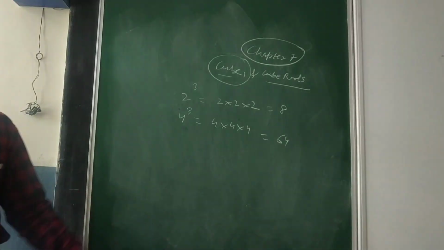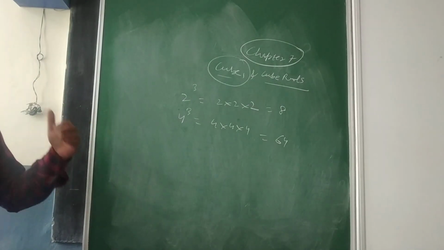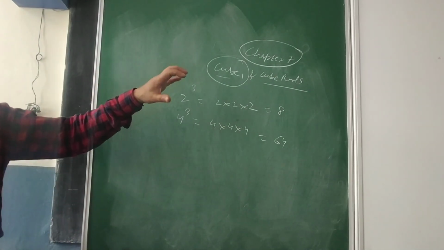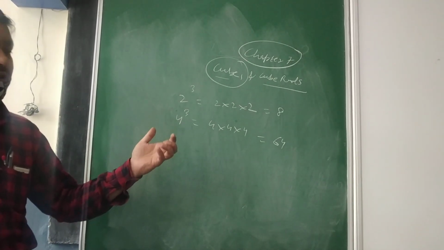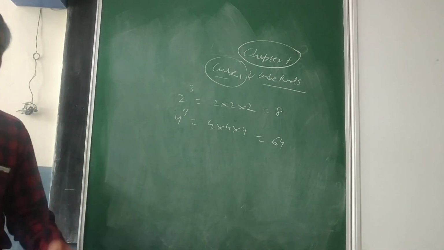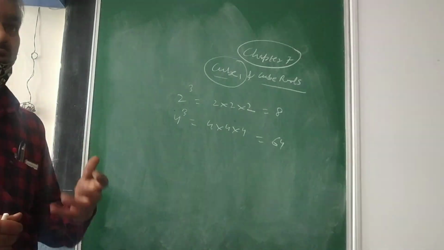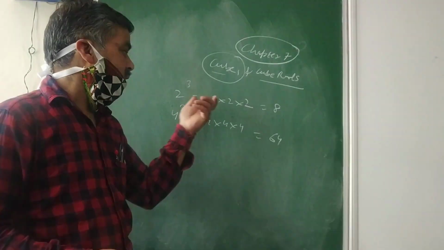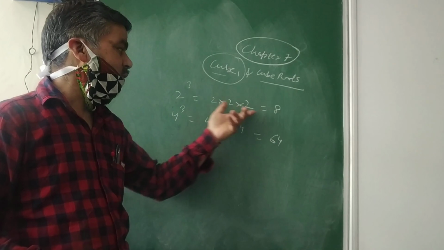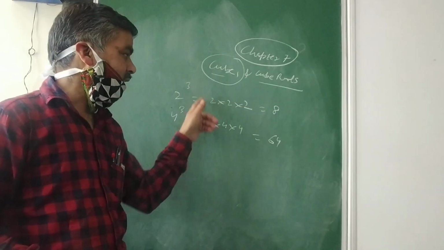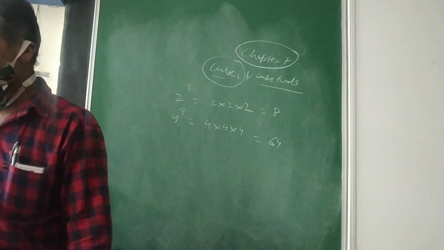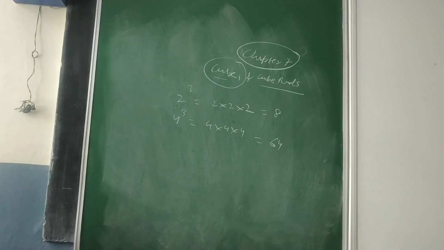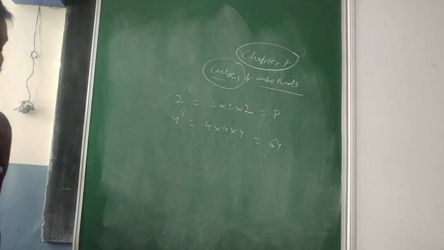So that you have to check. In that way you can proceed. That is the main objective of this topic, to understand first what a cube and a cube root are. The difference between squares and square roots and cubes and cube roots is simple. There we were working with pairs of 2. Here we have to work with 3 at a time when we are looking for a cube and a cube root. So that is all about your perfect cubes.